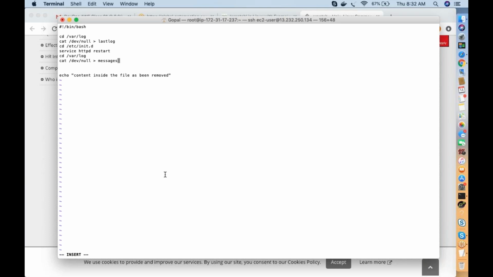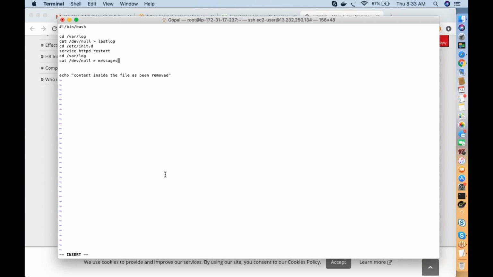You can see I'm executing three things. First of all, I'm going to /var/log and deleting the content inside the last log, and I'm going to /etc/init.d and restarting my Apache service. After restarting the service, again I'm going back to /var/log and removing the content inside the messages file. For example, you have a script like this.